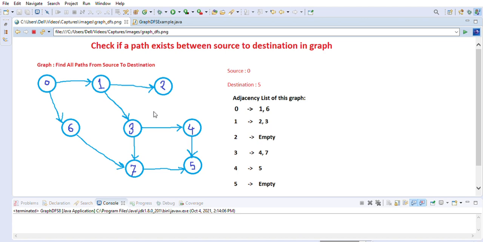So let me first show you how we are going to create the adjacency list, and after that we will see how the graph will be created and the DFS will be applied from the source node. After this session you will understand the DFS on graph, as well as how to find paths between source node and destination node, and we can use that information to answer the question if a path exists